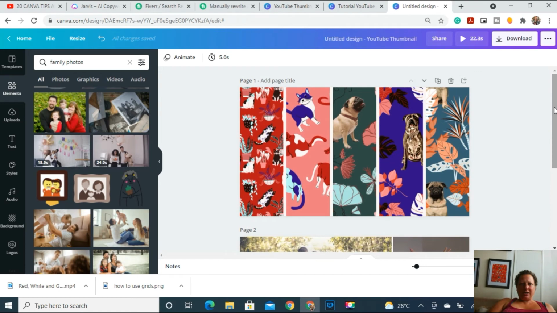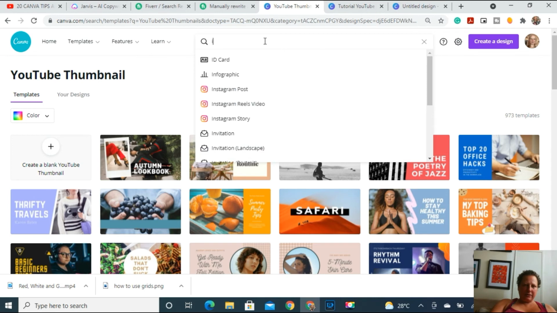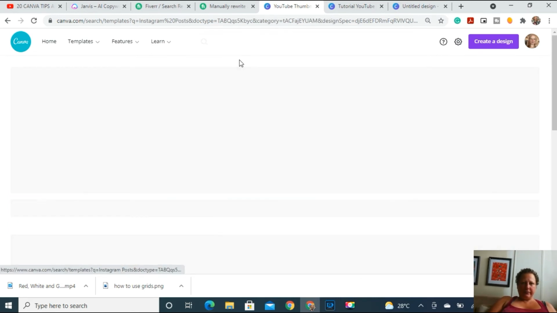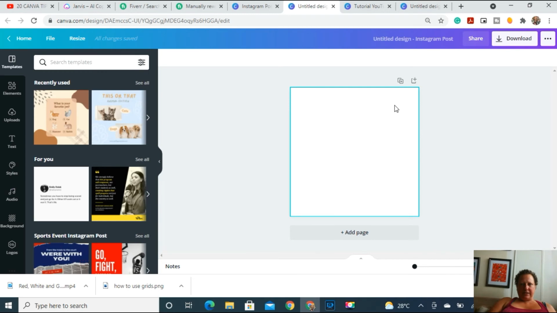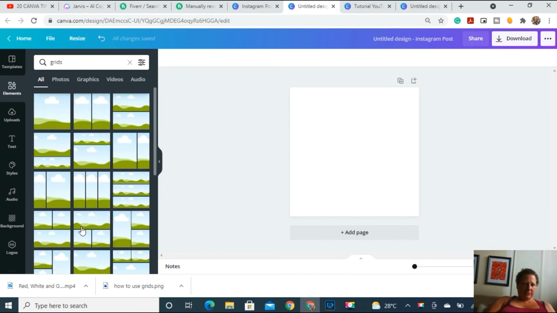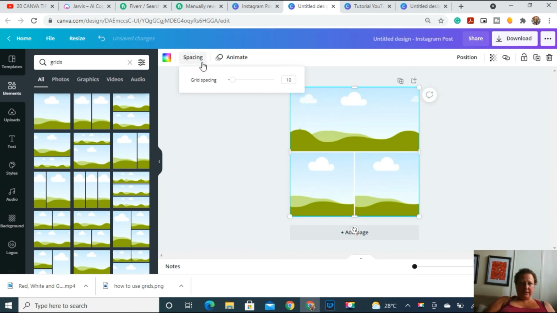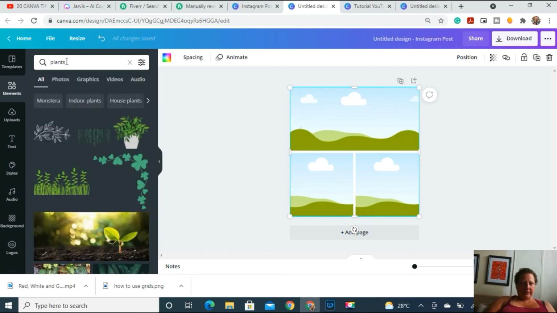And then you can try an Instagram post, which is very popular. The grid style. So again, we just choose the size, which is 1080 pixels. So let's grab those grids. I'm going to choose this one. Again, the spacing a little bit thicker. And then how about plants? I'm going to choose. These are very popular for